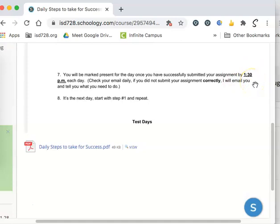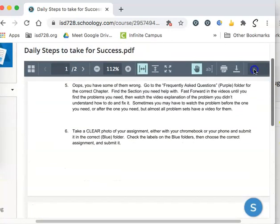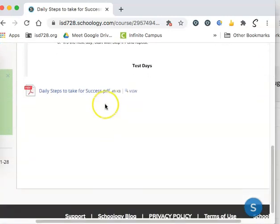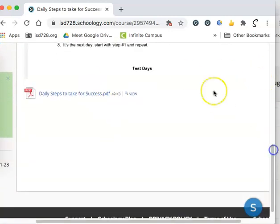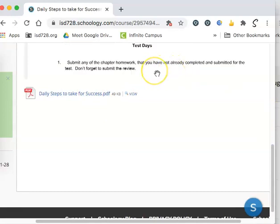And that's because I have 6-hour prep. So if you get it to me by 1:30, then I can go in and make sure that you've done what you needed to do. So on normal days, you'll go through that process, and then you'll go back up and you'll repeat the whole thing. Now, on test days, this is where things get weird because you guys aren't here every day. On test days, you're still going to submit any of your homework, even if it's late, and you're going to submit the review for the test into Schoology, and then,